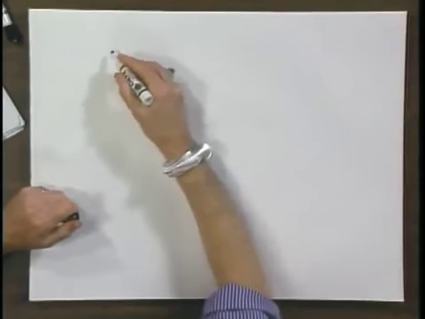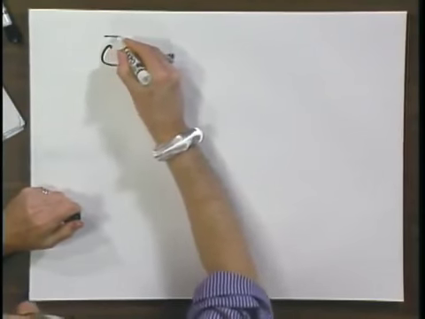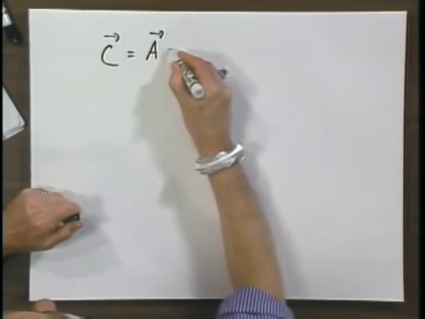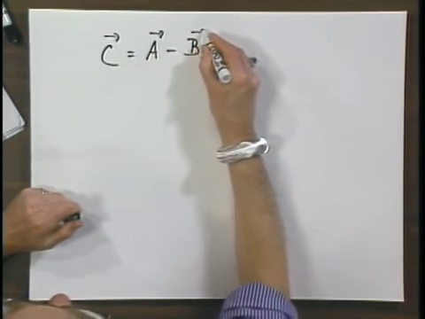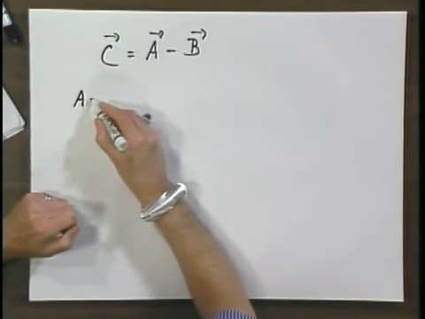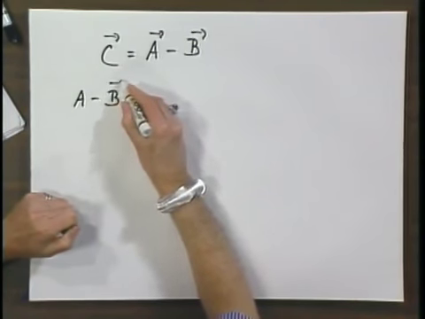I now want to discuss the subtraction of vectors. If we have the same vectors A and B, and C now equals A minus B, then it should not come as a surprise that A minus B